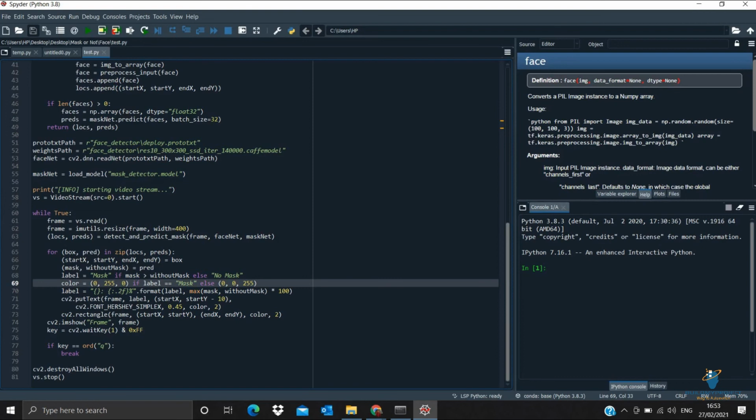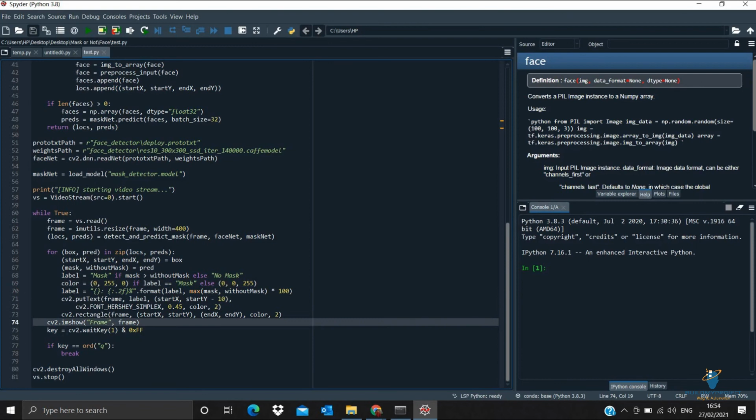And when you run your code, a new screen will pop up in your taskbar, in this empty space. The title will be given as frame, or you can enter mask detection also.